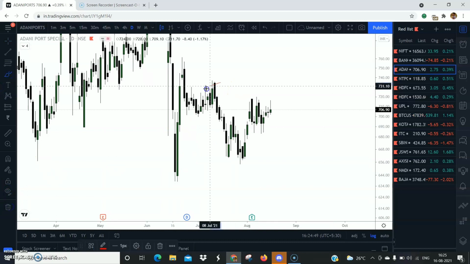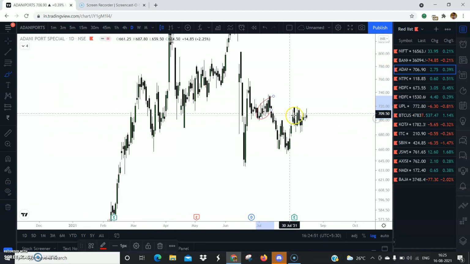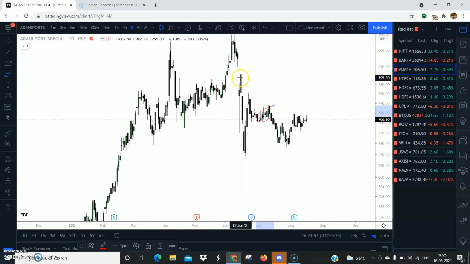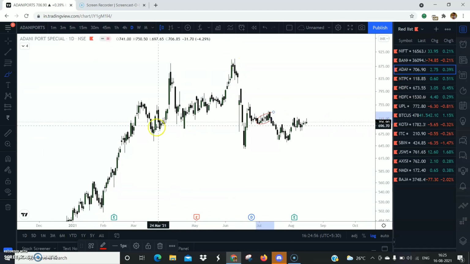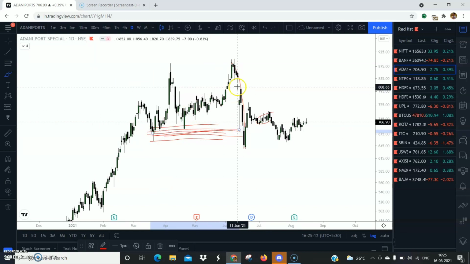So if you see here, look at this. What do we have? Let's try to understand the trend. What is the trend? So, a huge break to the downside. Okay, so this is a good break, all right. So Adani Ports as of now is looking bearish on the daily time frame. Okay, so we do not have anything else that could support the move. It breaks below, goes higher, does this. Okay, so the prices are here at this particular point of time, and I am not bullish in Adani Ports